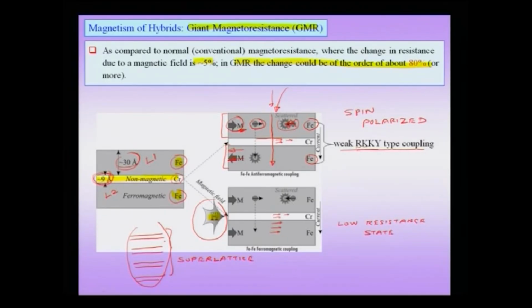The essential heart of it is two phenomena. One is the weak RKKY coupling leading to this antiferromagnetic coupling. Number 2 is the spin polarized current and spin dependent scattering giving rise to resistance. And finally, noting that in the presence of a magnetic field, I have a low resistance. That means now I have a control to switch this material from a ferromagnetic or low resistance state to a high resistance state by using an external magnetic field, and therefore, I have control over the resistance of the material by using an external magnetic field. This gives us a lot of interesting rich possibilities and important applications.